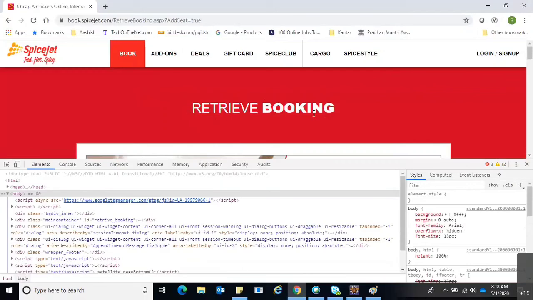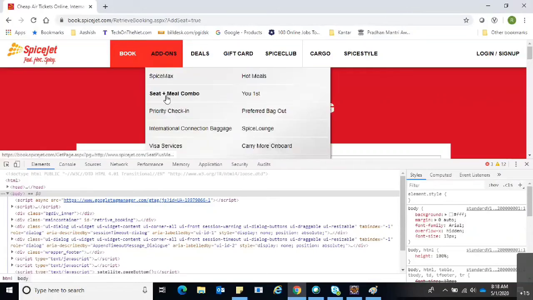I just need to know whether the retrieve booking page is loaded or not. So I'm going to mention assertions here. In that assertion, we mention some conditions, and we check whether the particular page is loaded or not. That is the reason we use assertions.